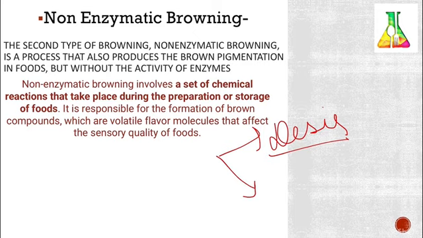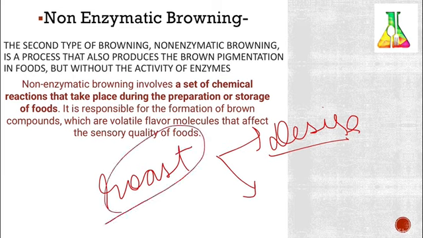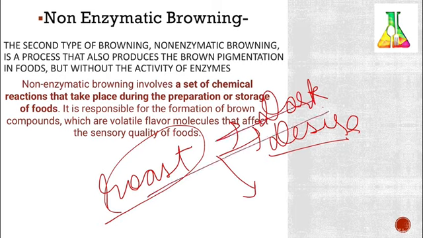In non-enzymatic browning, for desirable, I have an example for you: the chocolate flavor of cacao beans. When we roast cacao beans, they turn to a more dark pigment, and only after roasting do they develop their chocolate flavor. Before roasting there is no chocolate flavor in cacao beans. So this browning is helpful, this is desirable. Undesirable is like the dark brown color of potato chips.